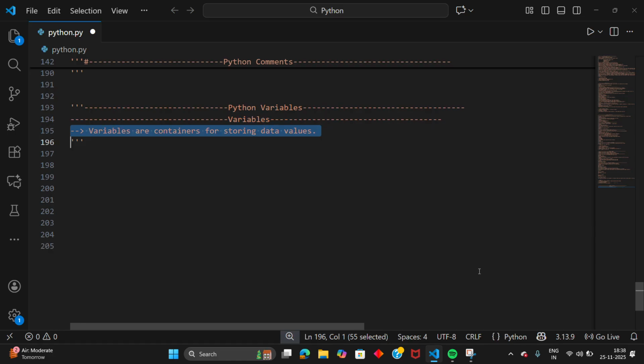So what are variables? Variables are nothing but containers for storing data values. Why are we going to use variables? Whenever we are going to put data in the memory,